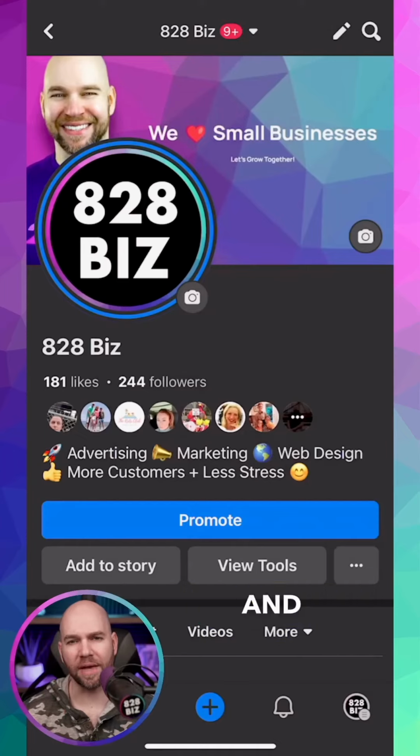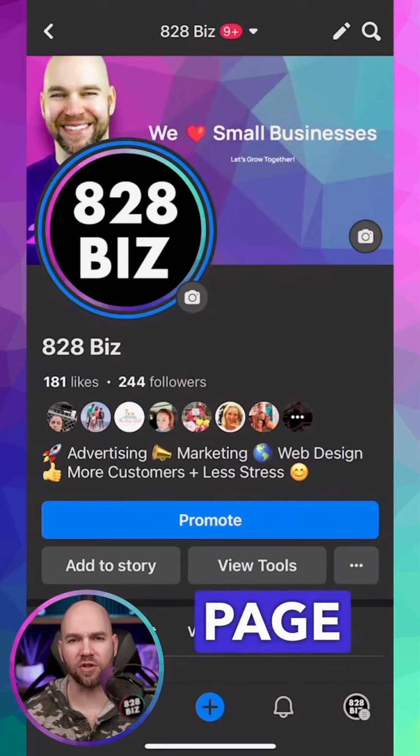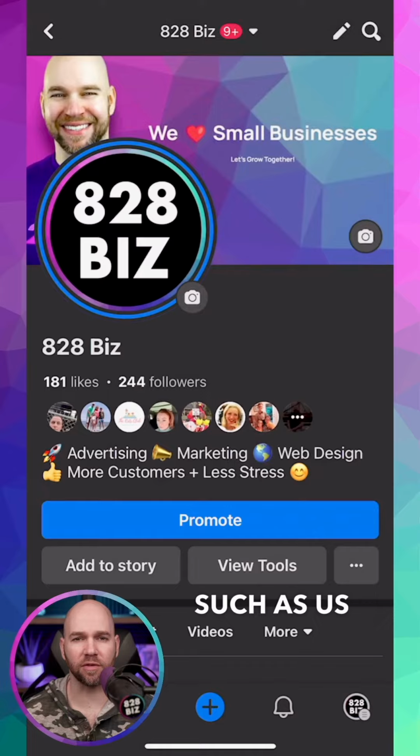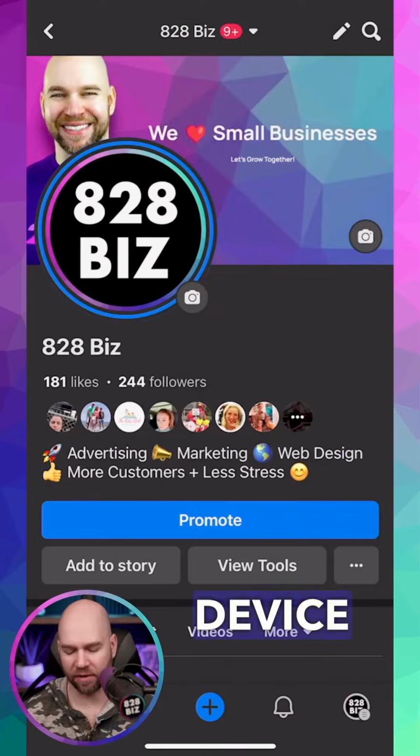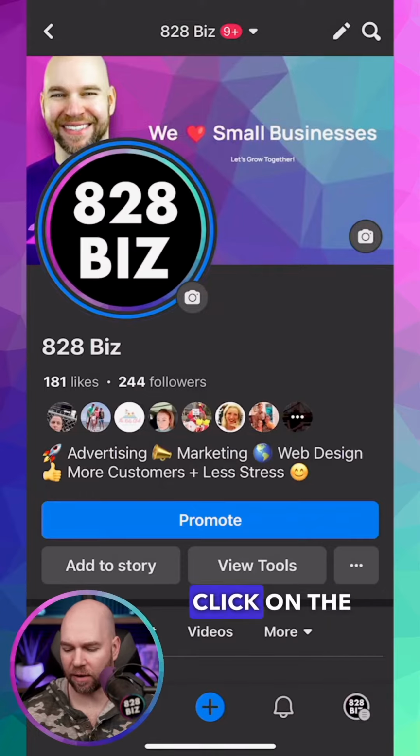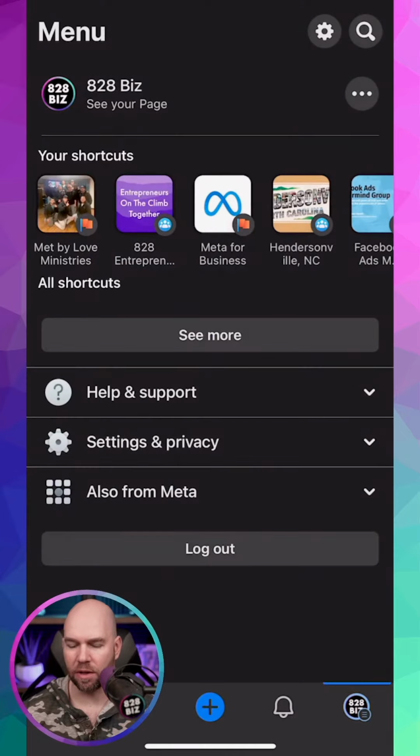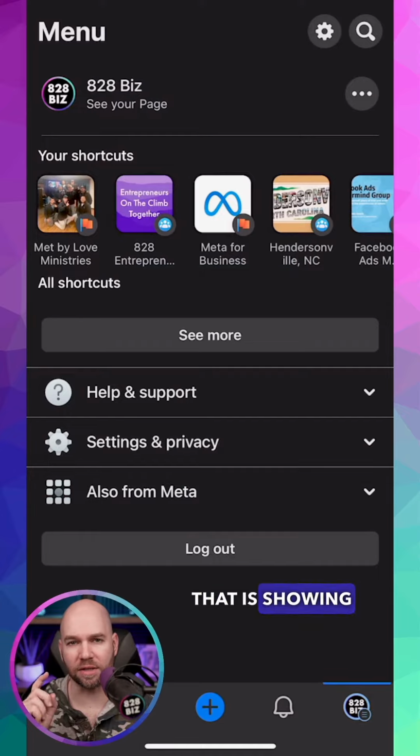To add an owner and manager to your Facebook business page, in case you have a marketing partner such as us who needs to log in to make changes and optimizations, go ahead and open the Facebook app on your mobile device. And in the bottom right, click on the icon that is your page. So you want to make sure you are logged in and that the icon that is showing is the correct